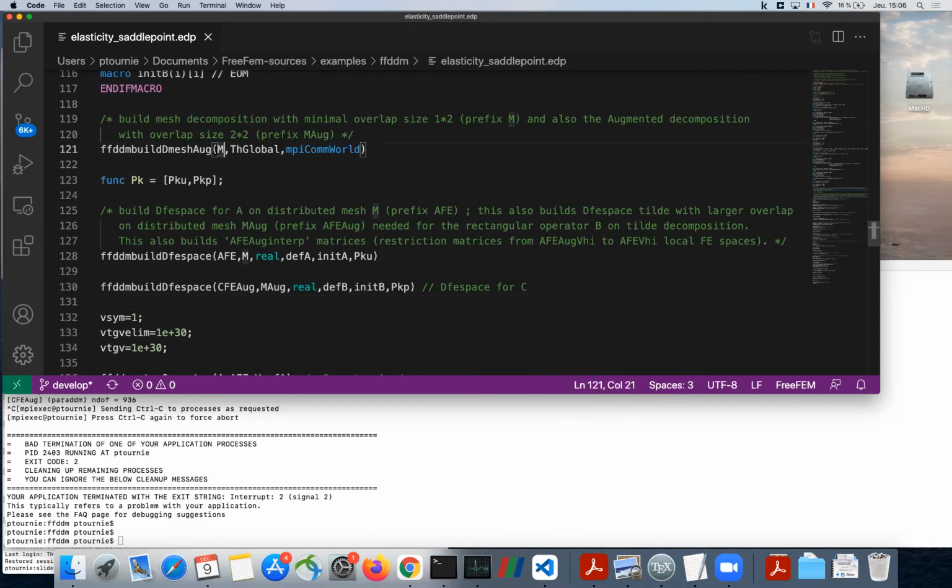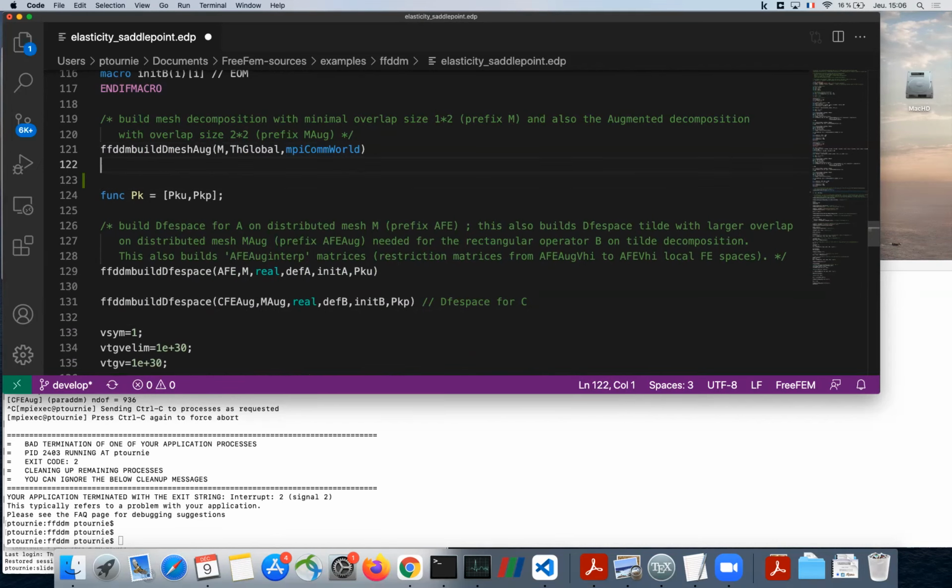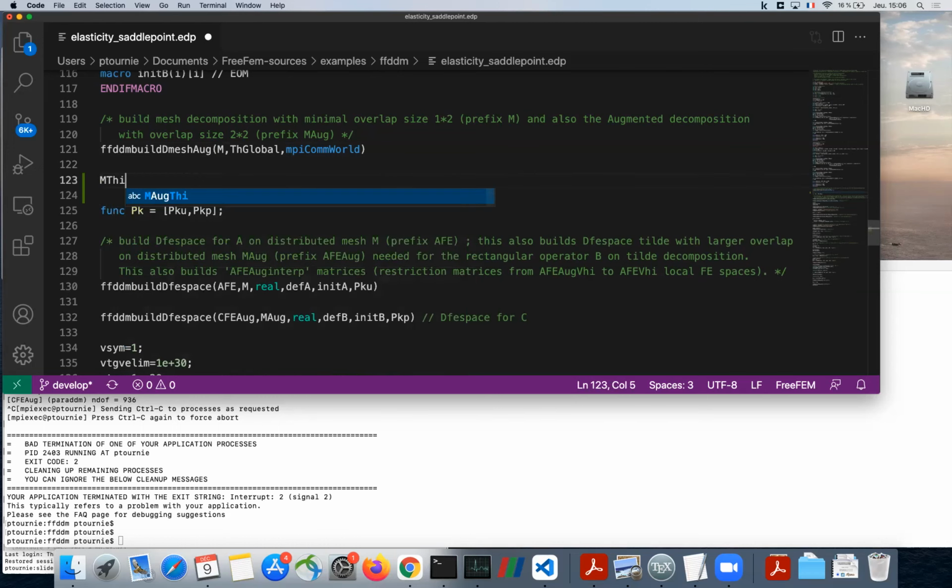So my M here is my choice. This is a name I chose for the mesh decomposition. Under the hood, I will be able to use and manipulate the data structures. So basically, every variable defined by this macro is prefixed by it. So I decompose the mesh.